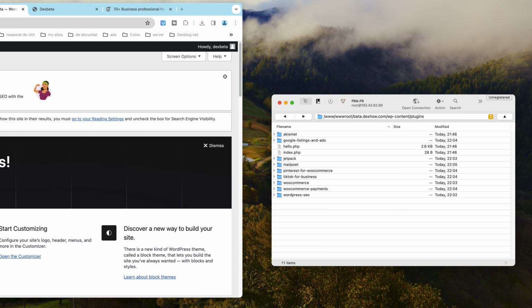Integrating with other applications. WordPress can be integrated with a variety of other applications, such as CRM systems, email marketing platforms, and social media networks. To integrate WordPress with another application, you can use a plugin or a custom code solution. There are a number of plugins available that allow you to integrate WordPress with popular applications. For example, the WPForms plugin allows you to create contact forms for your website, and the WooCommerce plugin allows you to create an online store. If you want to integrate WordPress with an application that does not have a plugin, you can use a custom code solution.